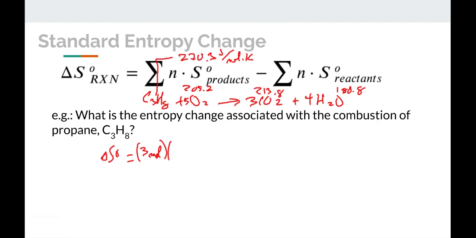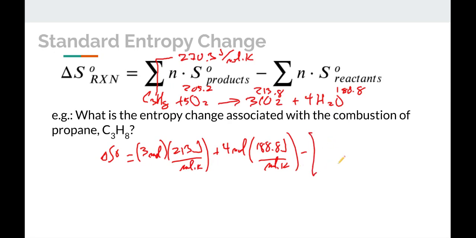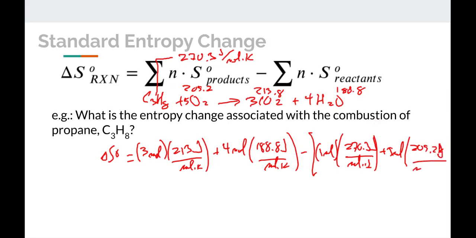for the carbon dioxide times 213.8 joules per mole Kelvin plus 4 moles for the water times 188.8 joules per mole per Kelvin, minus, now we're in the reactants, 1 mole times 270.3 joules per mole Kelvin plus 5 moles, this is for the oxygen, times 205.2 joules per mole per Kelvin. When we calculate this all out, we get